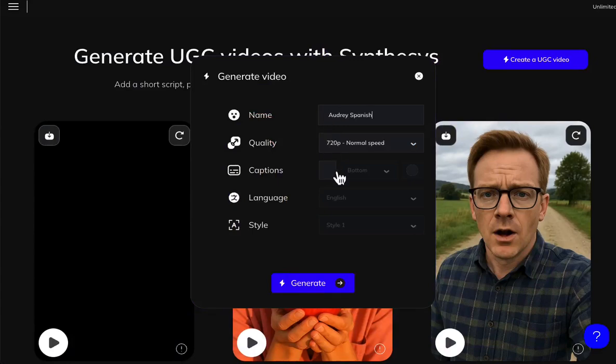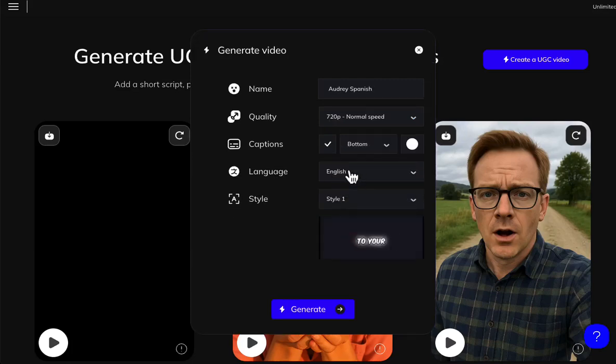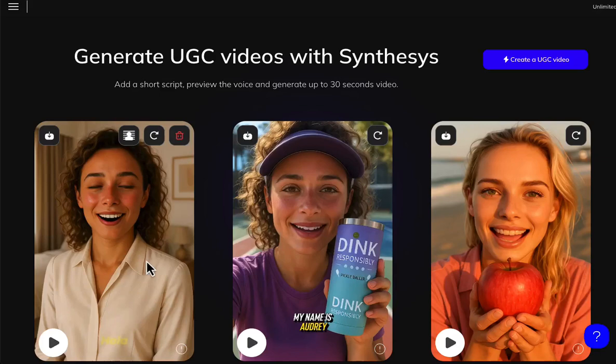720p. For the sake of speed, I'm not going to add the captions this time, but if we did, you could see we could just ask for Spanish right here. Well, why don't we try it? So we'll try that last style, or style 5, I think. Yeah, I wanted to try style 5, all yellow, and then we'll click generate. Okay, at that time it took a little less than 7 minutes,